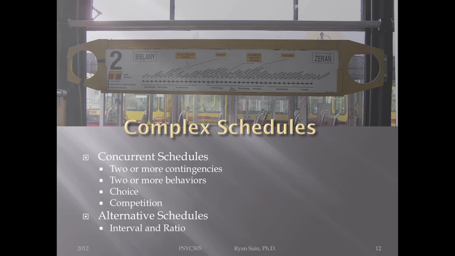Alternative schedules to the intervals and ratios. There's all sorts of these things. You can reach either to receive a reinforcer. The idea meaning you can choose this one or this one. Both of them will get you the reinforcer. Which one would you prefer? It's a type of concurrent schedule essentially. So reach either one of them, and you're going to end up with a reinforcer.